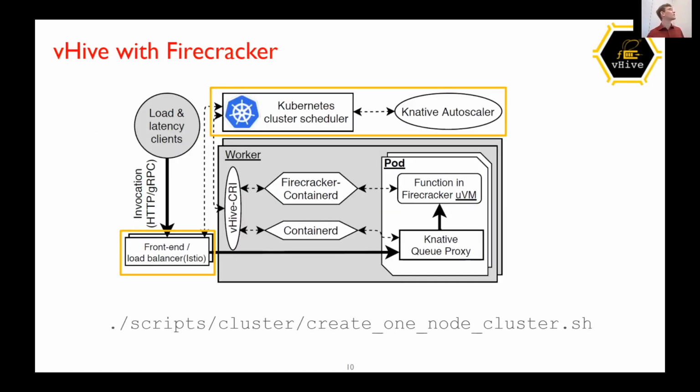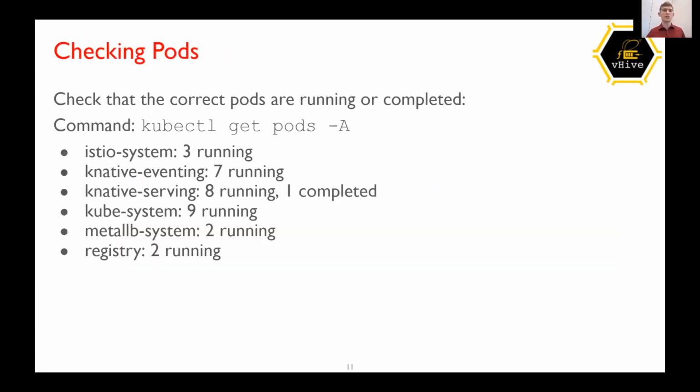So now that we have this, we can check that everything started up correctly. You can do this with kubectl. This is the standard Kubernetes interface. Some of you might already know it. So you should see a bunch of different containers running, specifically Knative eventing and serving, and also, of course, Istio, kube-system, and the others that we need for the infrastructure. If there are any of these that are in error state,